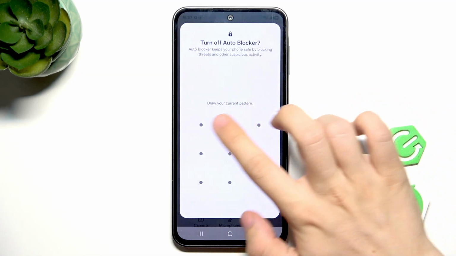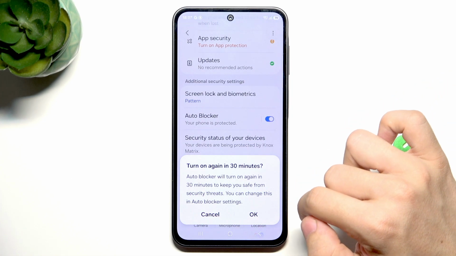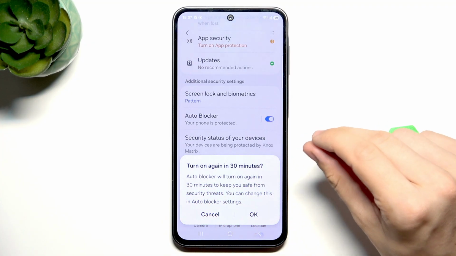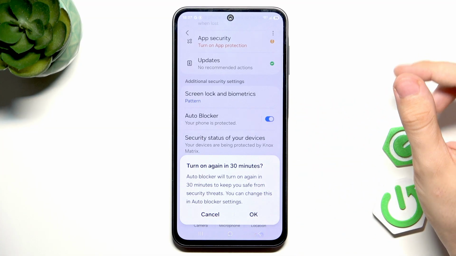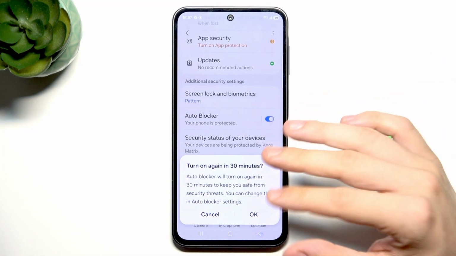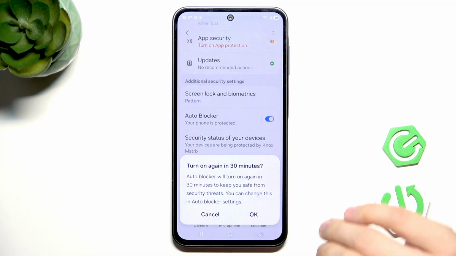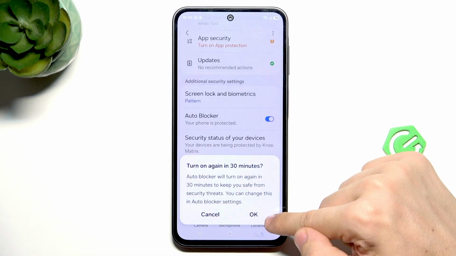You need to disable it, enter your screen lock if you have one, and you can decide whether you want the auto blocker to automatically be turned on again in 30 minutes. You can do it, then you have 30 minutes to install the app, and that's it. Or you can cancel it to disable auto blocker totally, but I would recommend clicking on OK here so it